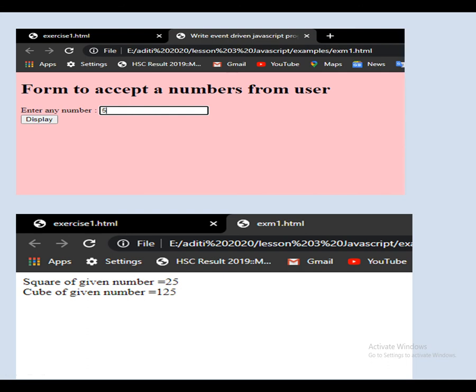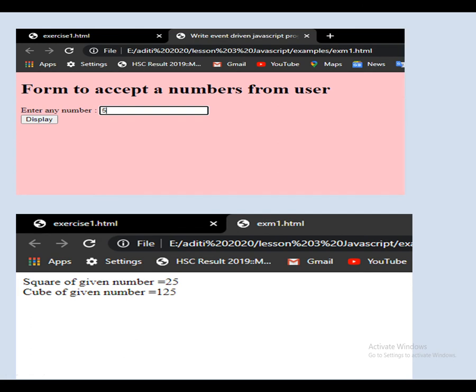You are not using the prompt; instead, a form displays the number of text boxes for whatever input you want to accept from the user. If there is one input, you take one text box; if there are two inputs, you take two text boxes. Suppose for 2 numbers or 3 numbers, you write that many text boxes here. And then at the last, one button to calculate or display whatever you want. Here you can write click here to display the output, click here to display the calculations, click here to display the result, whatever comment you want. This is a click event, or you can say an event-driven JavaScript program.